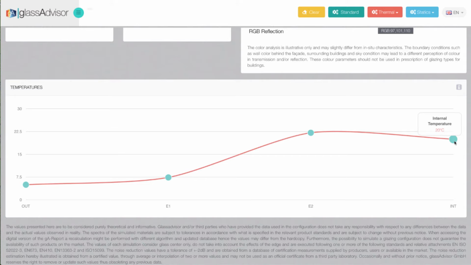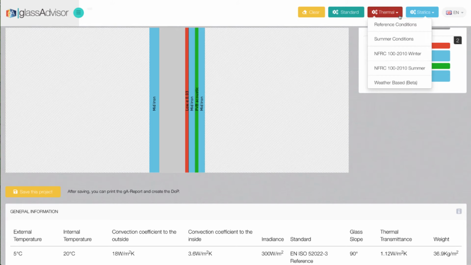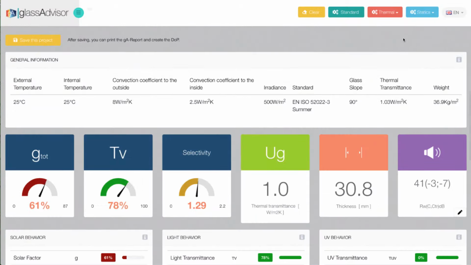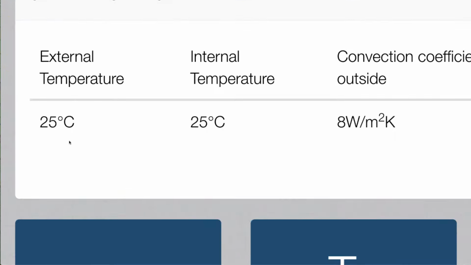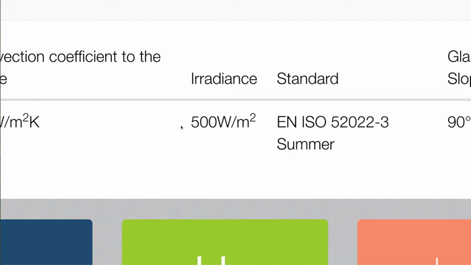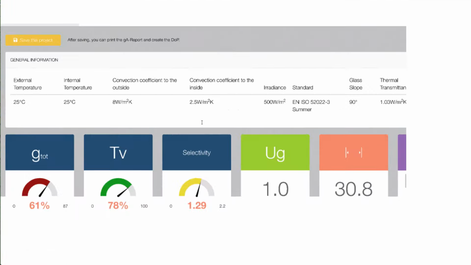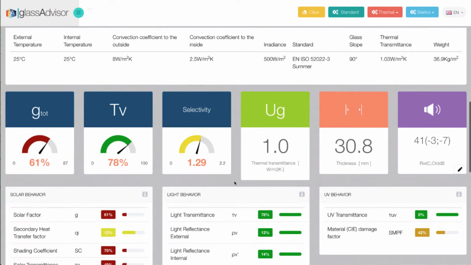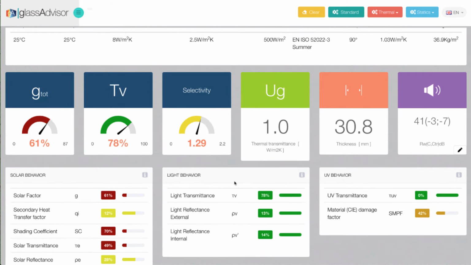Should we want to find summer results and temperatures, let's just click on the second simulation option, summer condition. As you can see, the boundary conditions become slightly warmer with 25 degrees external and internal temperature and a little bit more irradiance. In this case, values can be much more different from the standard glass simulation, so be very careful when considering them.